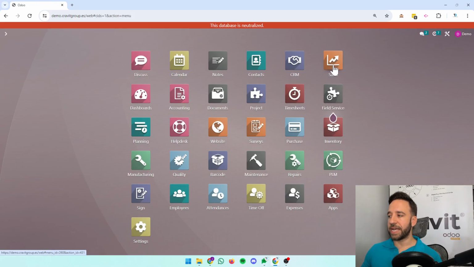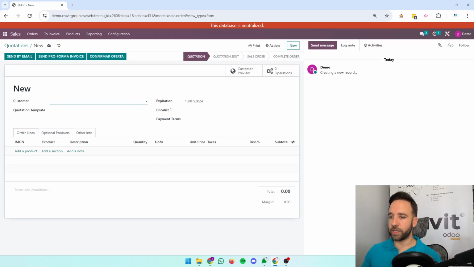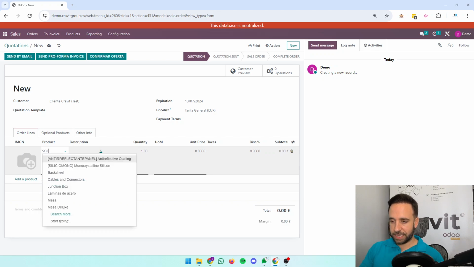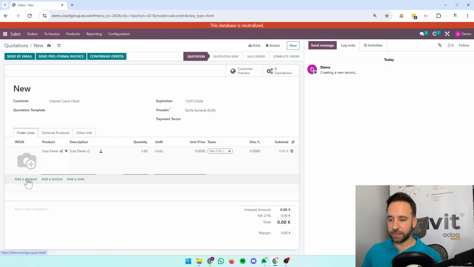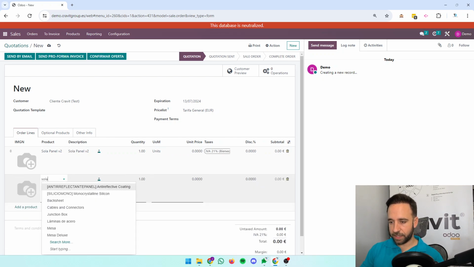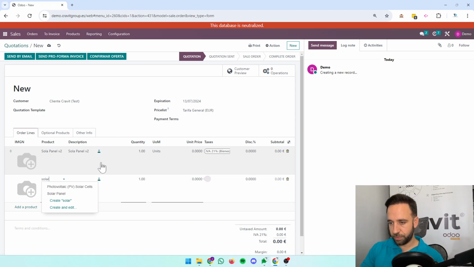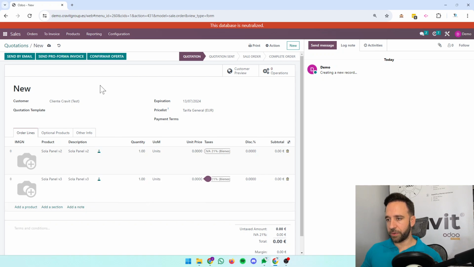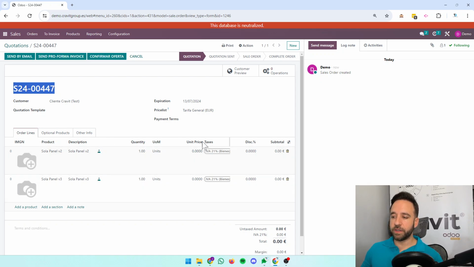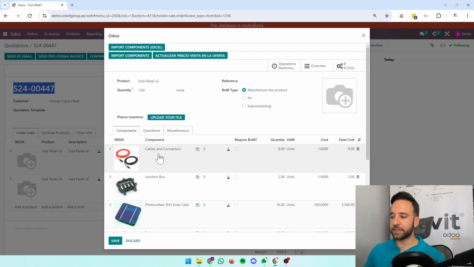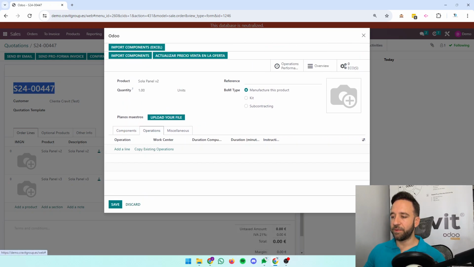So we go into the sales module, we create a quotation, select a customer, we already know how it is. I'm gonna select a couple of solar panels, like these two. There you go. Right. So let's say that this is what we're gonna offer to the customer. And as we can see, these are the components, but they have no operations,